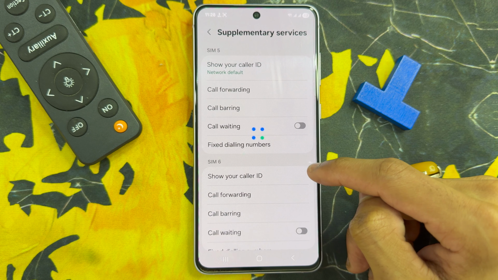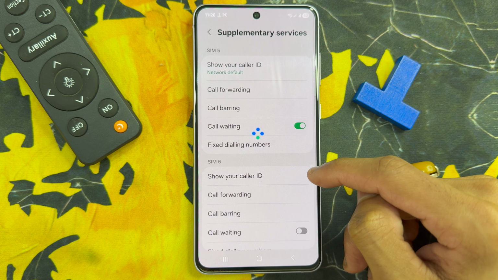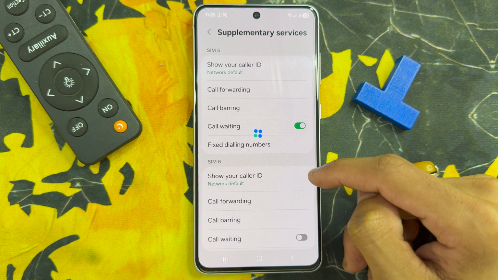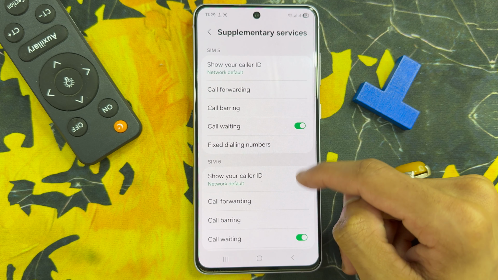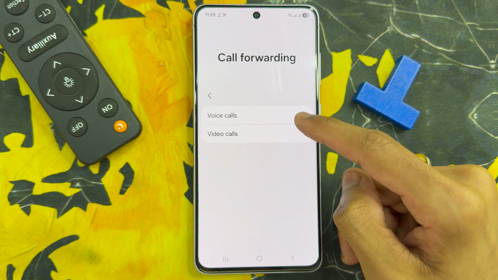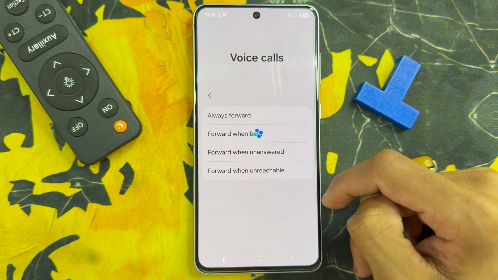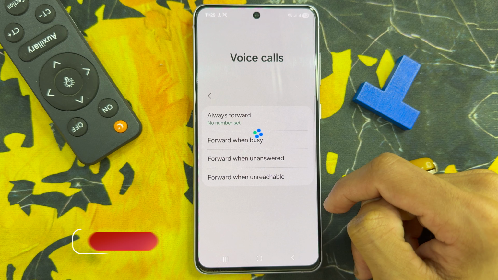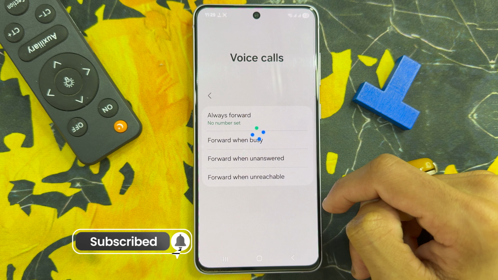After clicking on supplementary services, you will see, click on call forwarding, select voice call and video call, click on voice call, and after loading you will see